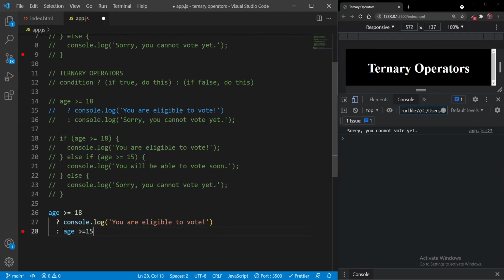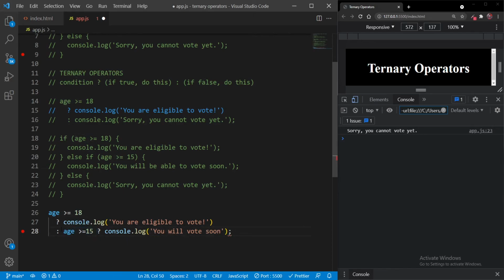Let me first remove this semicolon. So we have written another condition here, and now we need to put this question mark and specify what we need to do if this condition returns true. So we will log to the console, you will vote soon. Now we need to specify what we need to do if this condition returns false.